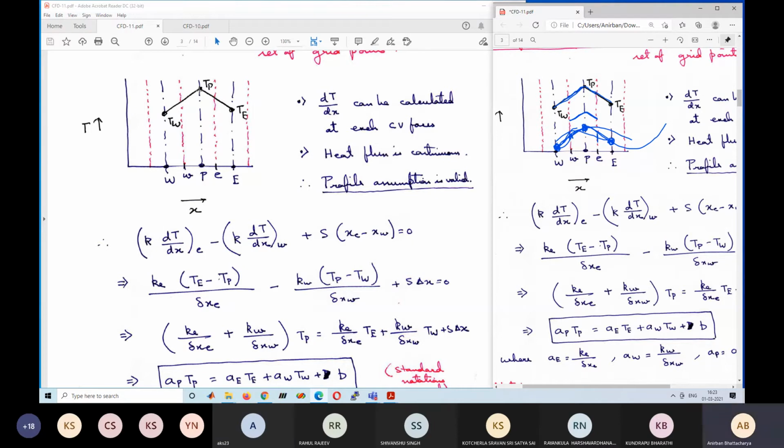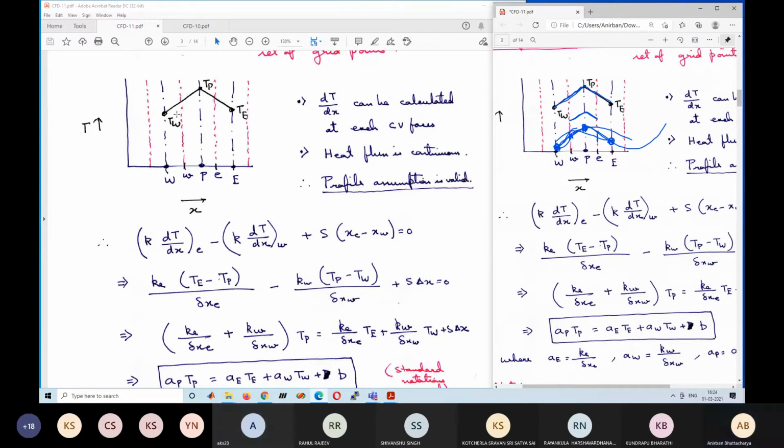What values do we have? At what locations do we have the temperature values? P, capital W and capital E, right? So in that case, what can be one method of finding the value at midpoint P? I can write TE minus TW by the distance between E and W, so TE minus TW by 2 delta X. Although it will not be accurate, it will not capture the actual variation, but that is all that is available to us. That is the best approximation that we have. Is it clear now what I am trying to say?